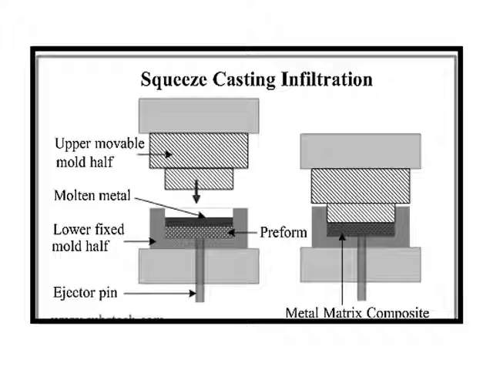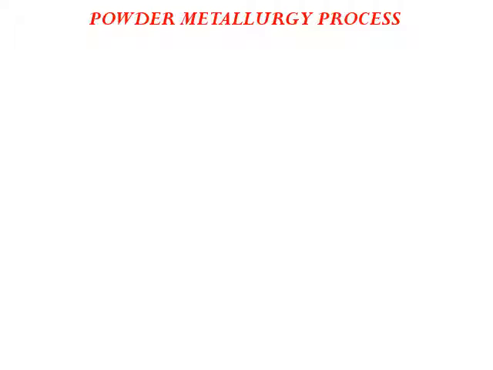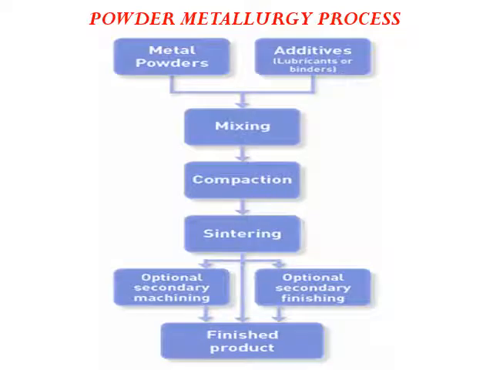Okay, and the next one is a very popular method for a ceramic as well as a metal matrix. It is a powder metallurgy process. As the name itself indicates, a powder. Both the reinforcement and the matrix material are in the form of a powder. So the flow chart of the process goes like this, the steps which are involved in this one.